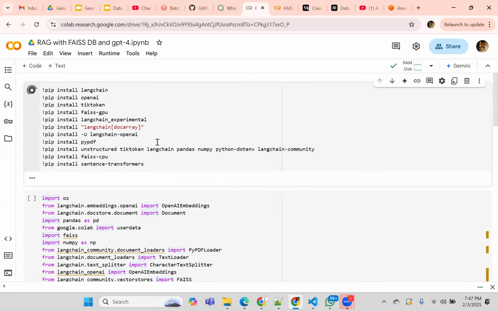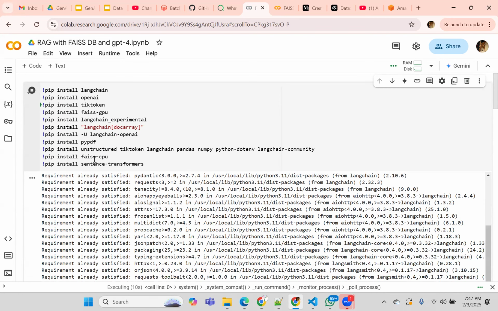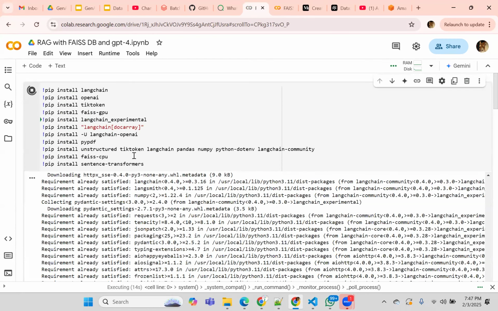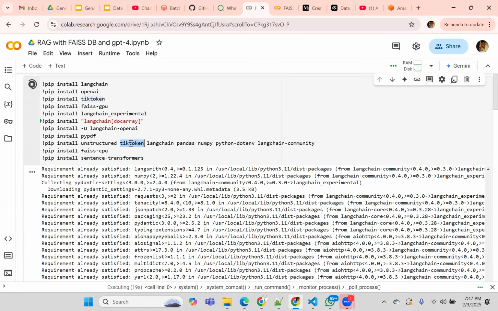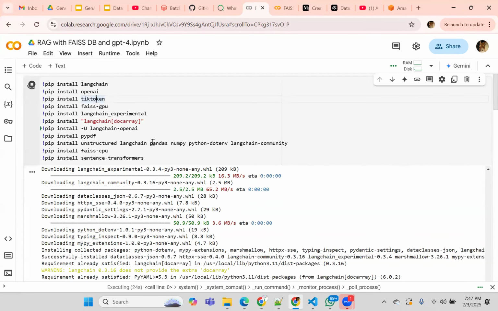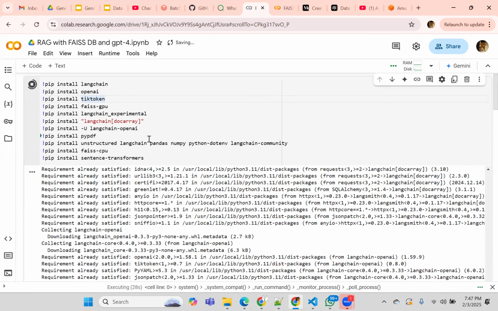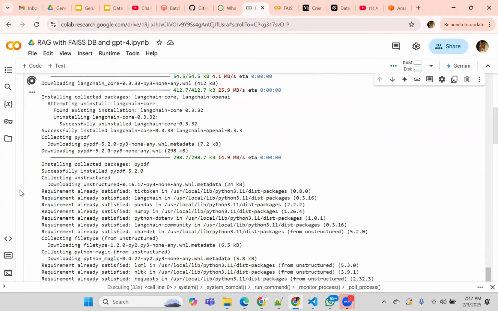So we first go and install all the required libraries. LangChain, OpenAI, FAISS GPU and CPU for FireDB, and only one of these is required, and unstructured, tiktoken. So there is a duplicate here. I don't need tiktoken here, it's already installed. Pandas, NumPy, PyPDF, LangChain community. So all of this. Once you have these libraries installed,